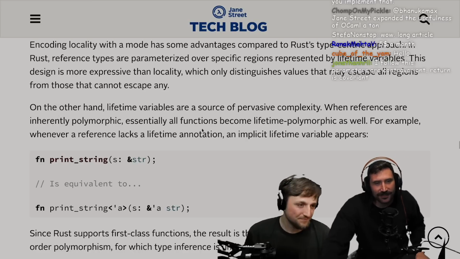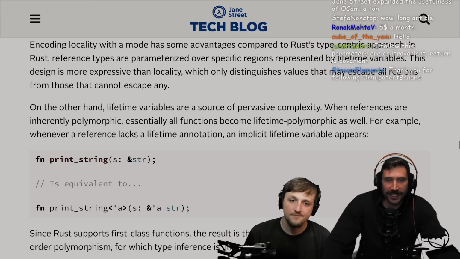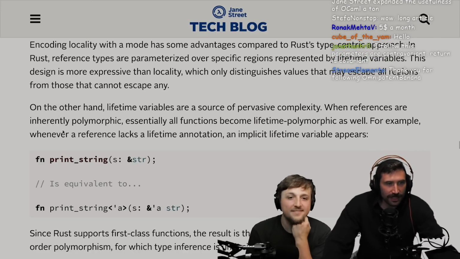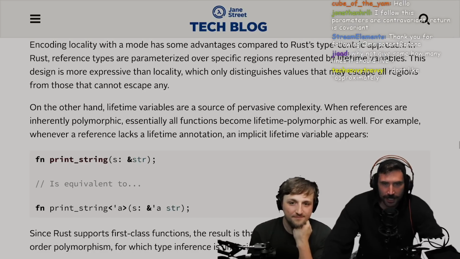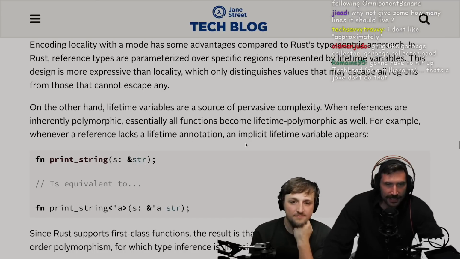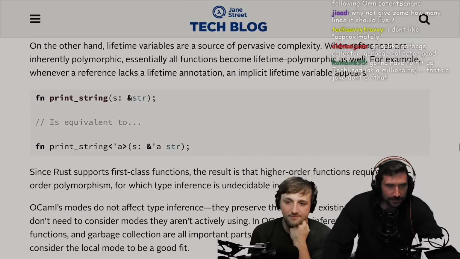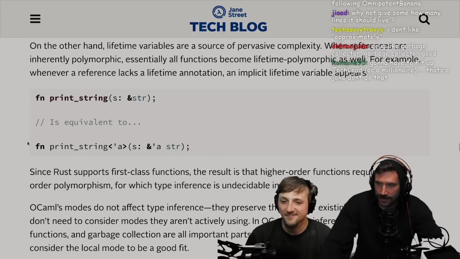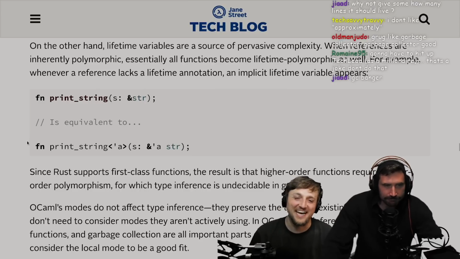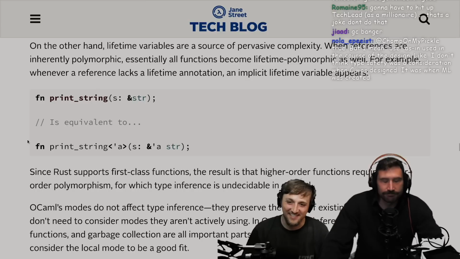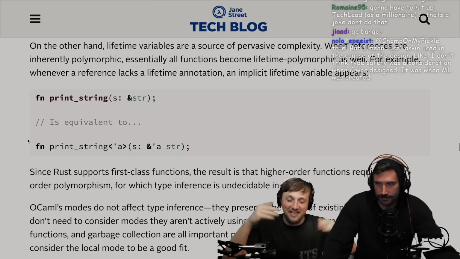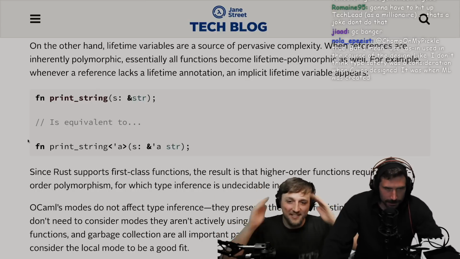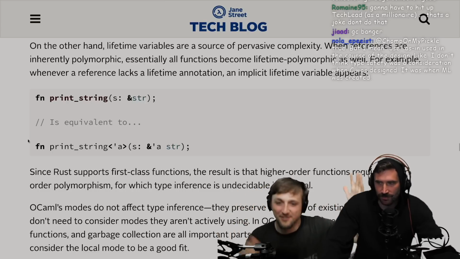All right. On the other hand, lifetime variables are a source of pervasive complexity. When references are inherently polymorphic, essentially all functions become lifetime polymorphic as well. For example, whenever a reference lacks a lifetime annotation, an implicit lifetime variable appears. Yes, exactly. It's nice, except that it's annoying because as soon as you need to start adding lifetime annotations, it's like boop, boop, boop. Every single function I have to add this random syntax for, and then I have to mark the ones, and oh my goodness, well this one actually isn't exactly the same, can be shorter, and then